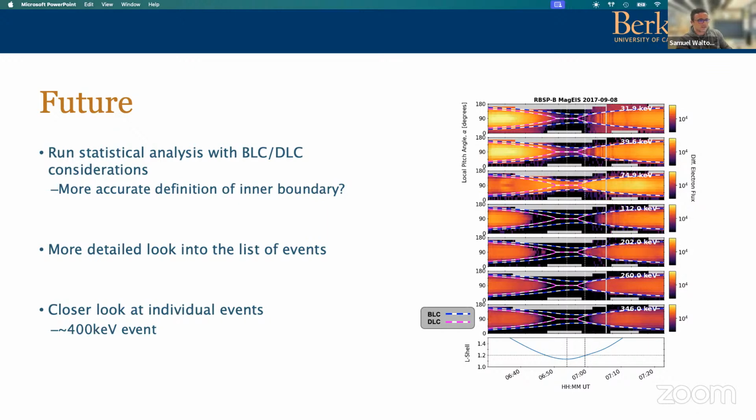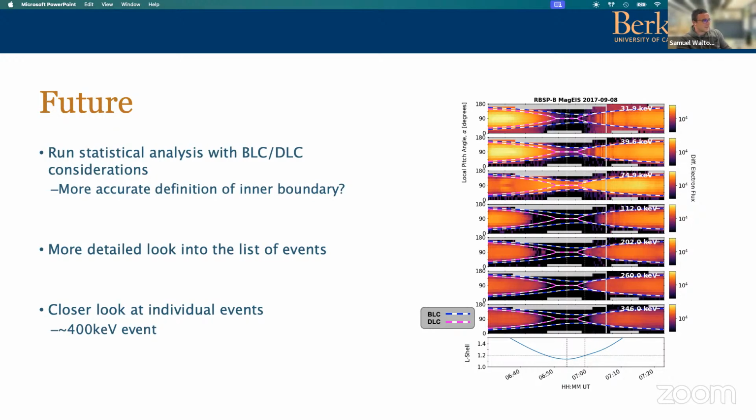And of course, the higher energies you get to, the less impacted by electric fields those particles are. So that could be an interesting thing to follow this up with. And I'm currently doing that now with the same statistics you've seen, but factoring in the drift loss cone and the bounce loss cone. And then going back to the puzzling bit at the start, I would like to look at the list of events again and probe more into what might be causing those weird energy distributions,